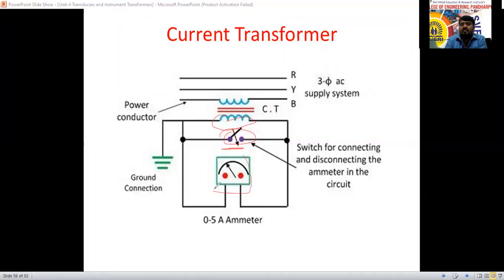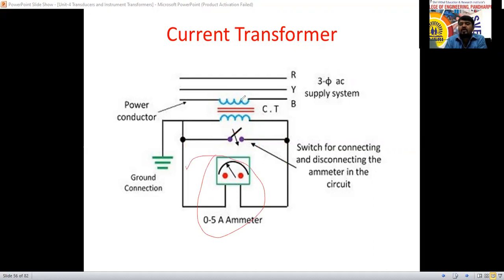Whenever we want to take a measurement, the switch should be open. The current will start to flow through the ammeter, it will give the current reading, and it will go back to the main supply. If we want to remove this ammeter,